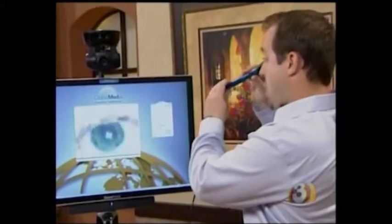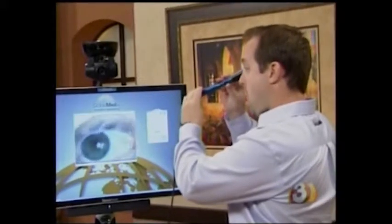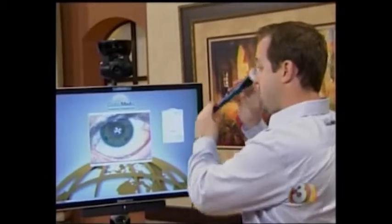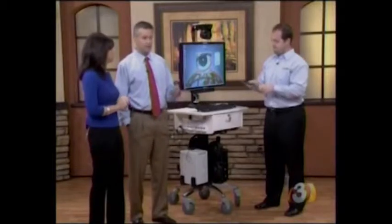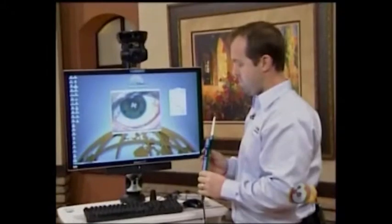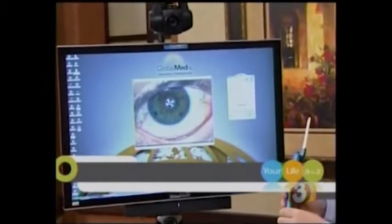Oh, I see. So now you can take this image, Dr. Bank, in Phoenix, and let's say Neil is in some other remote part of the state, and you can actually get an idea. So instead of him going, it's red and it looks like there's a bump here, you can actually see it. Yeah, so really the way this is working is this unit is actually in the remote area. Right. And you can train a layperson to use this equipment. You don't have to have a medical school degree or a nursing degree to know how to use the ear scope and the lights. So at the site where the patient is, this is where that unit is, and I'm at a laptop